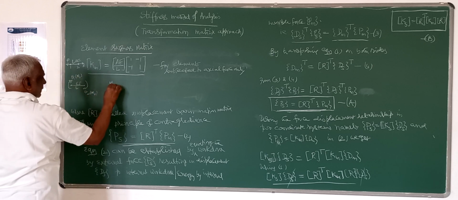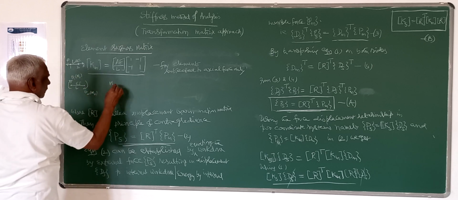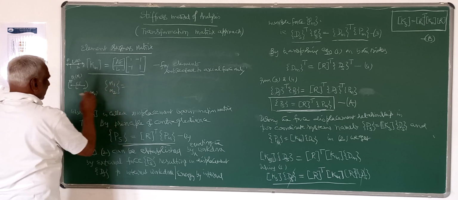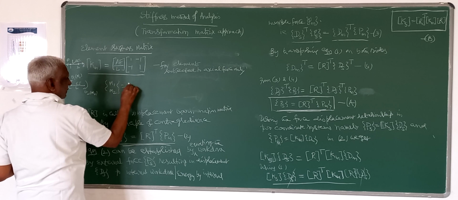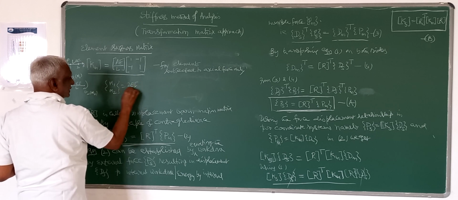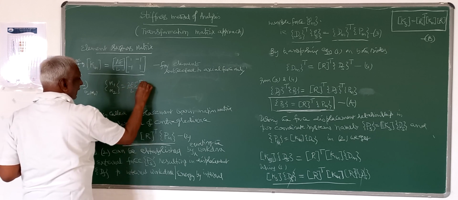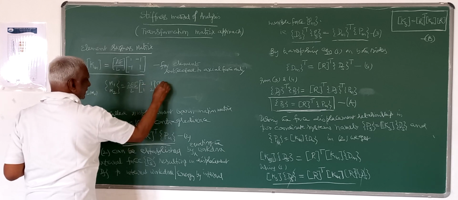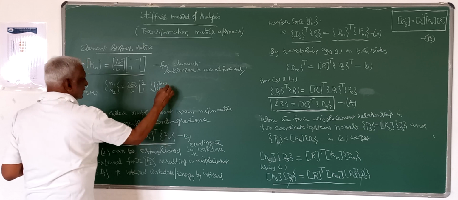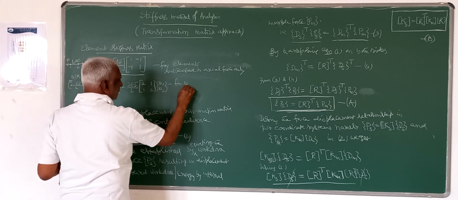So the relationship between M1 and M2 with theta 1, theta 2 is nothing but the stiffness matrix, and that is given by 2EI by L, [2, 1; 1, 2], times theta 1, theta 2. So this is for beam